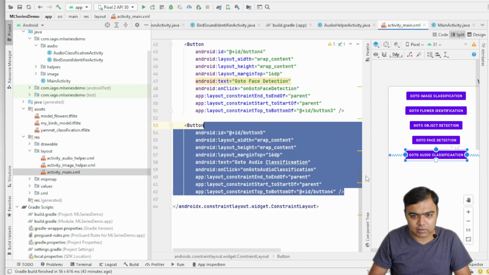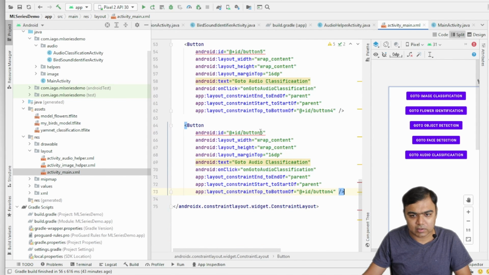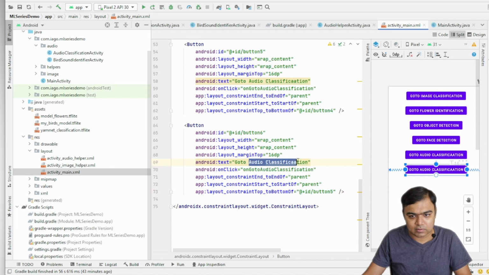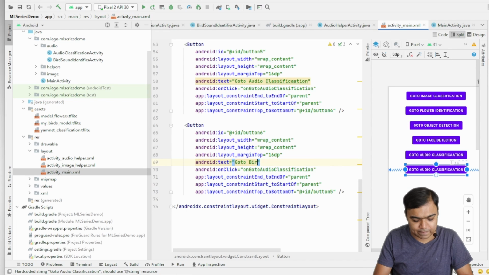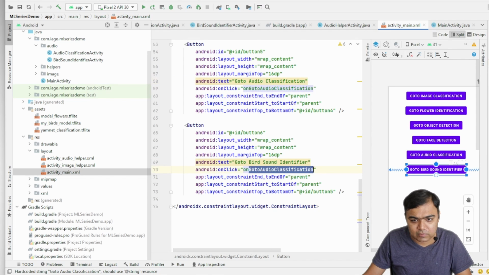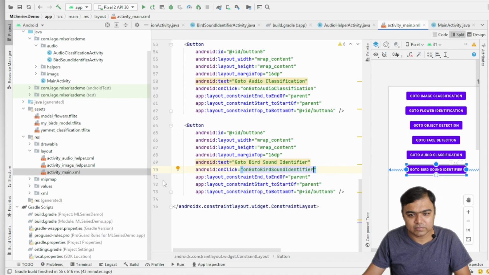Copy the last button, duplicate it, change the ID to button 6. This would be below button 5, and the text will say bird sound identifier. There is a typo here, let's correct it. And this will change to on go to bird sound identifier.